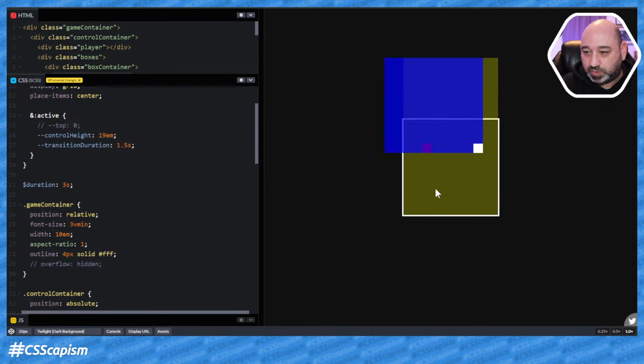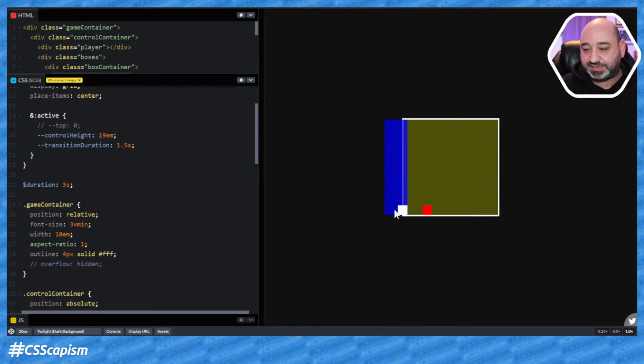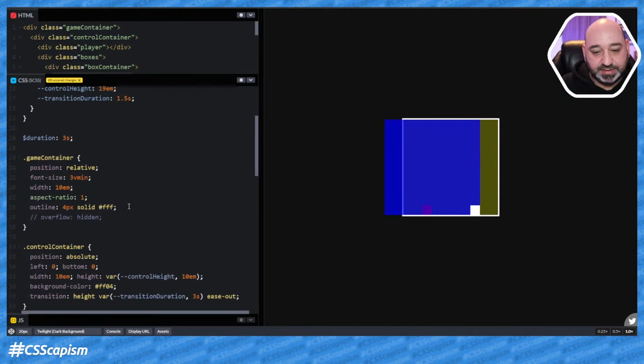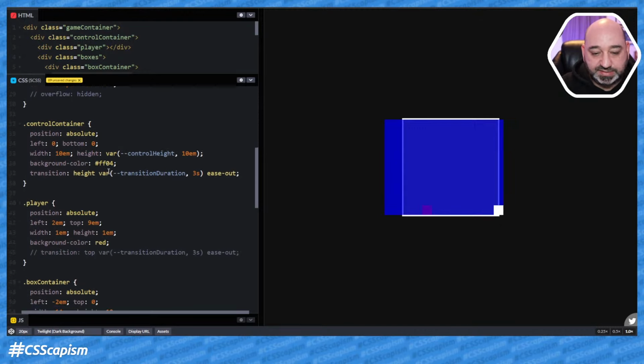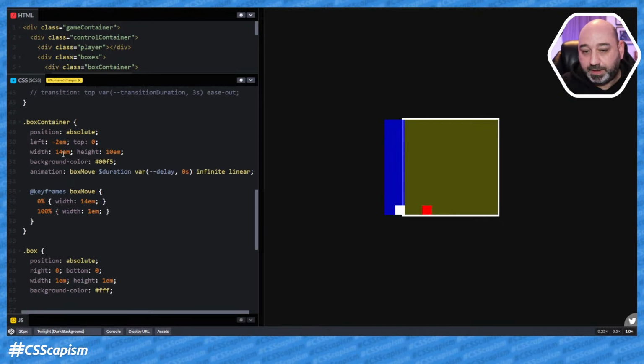But this is not what we want. We want the height of this obstacle, this cube, actually this box, to be constant. So how do we do it? Let's go back to this box container. The width is obviously now set by the animation, so we don't need it here anymore. Let's leave it just for now, but we don't need it. But the height of the box container, instead of 10em, we're going to set it to a calc